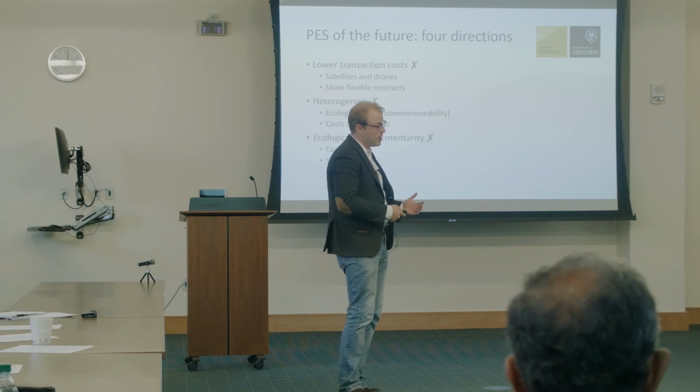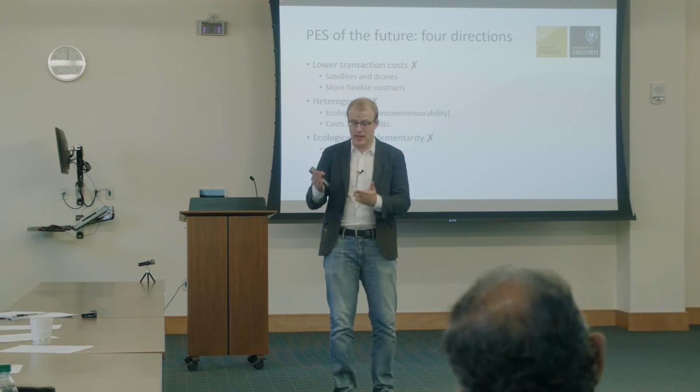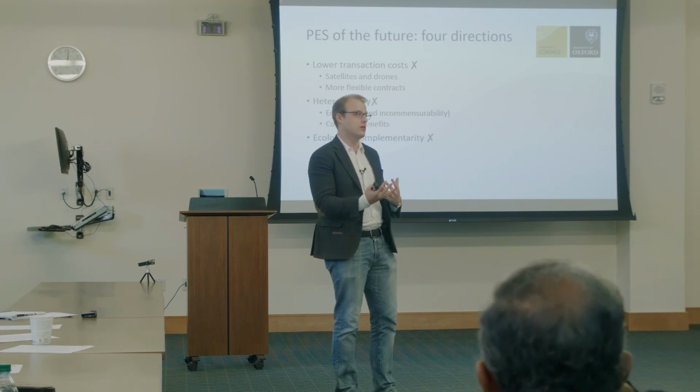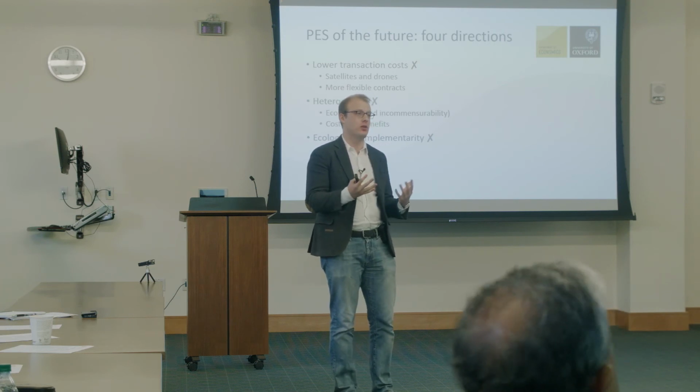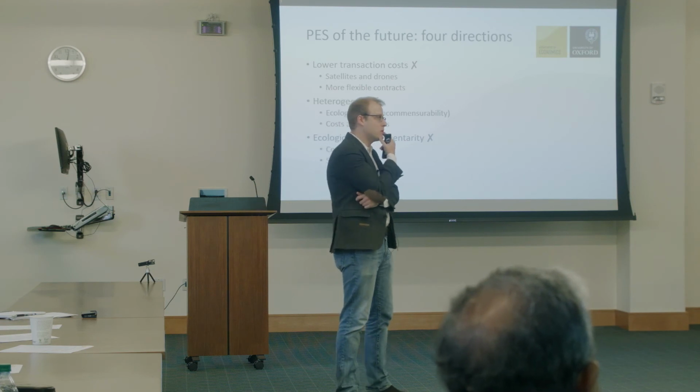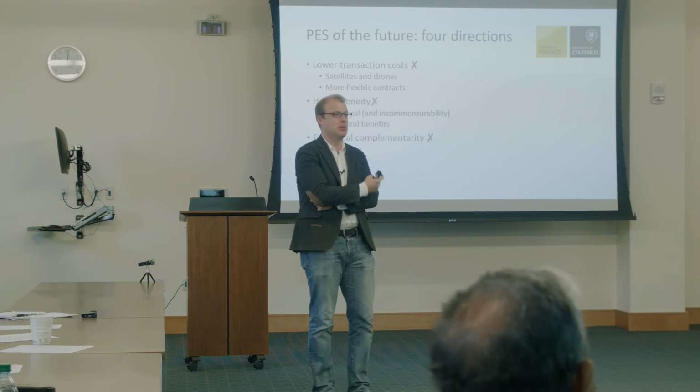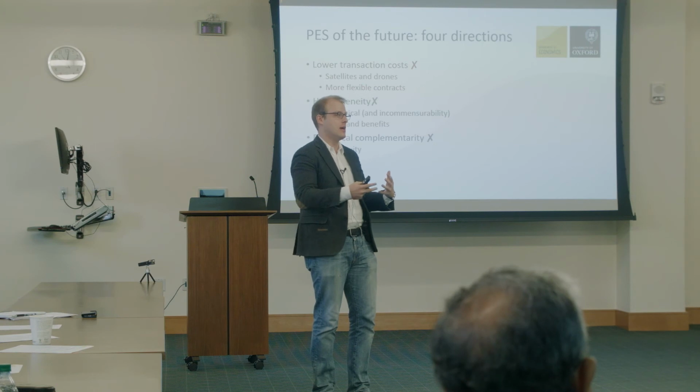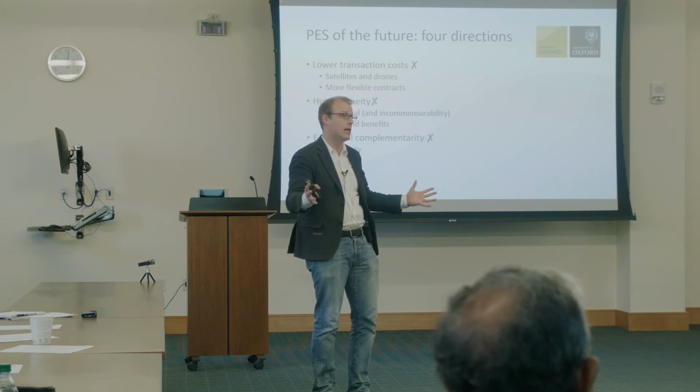The third thing is critical, and again, this is something in these projects that wasn't really important, but something that in principle, if one were to scale payments for ecosystem services, you care about: ecological complementarity. As Seema said, you often care about protecting contiguous land. And if